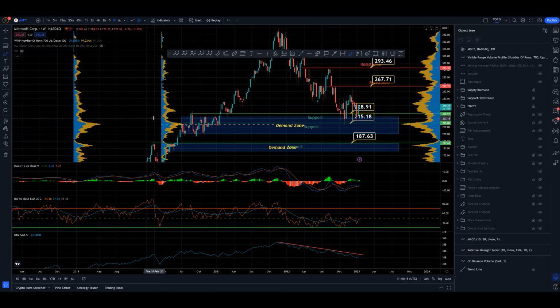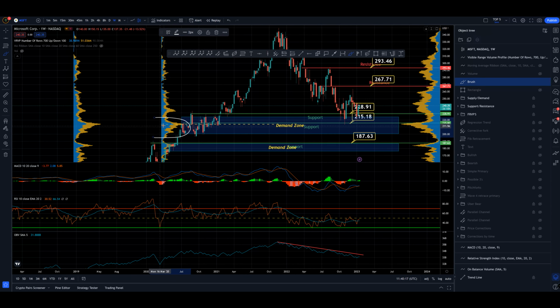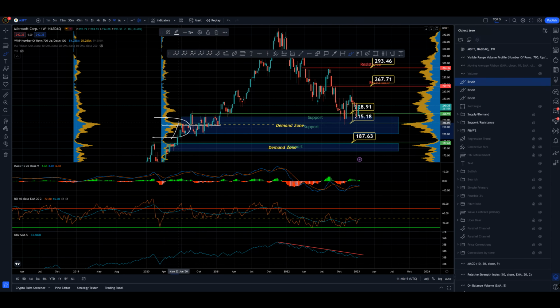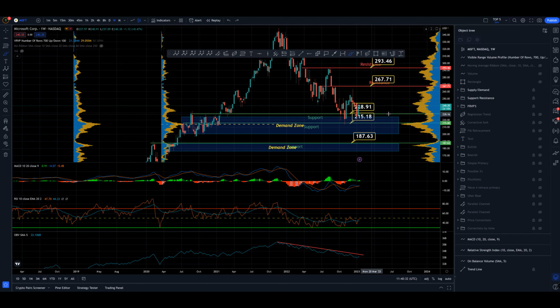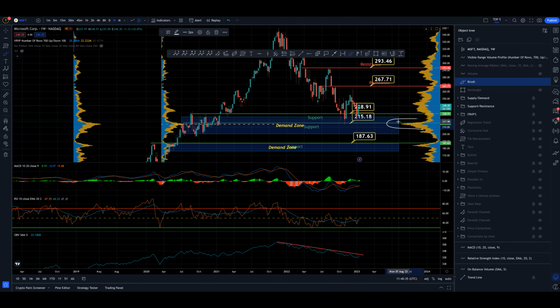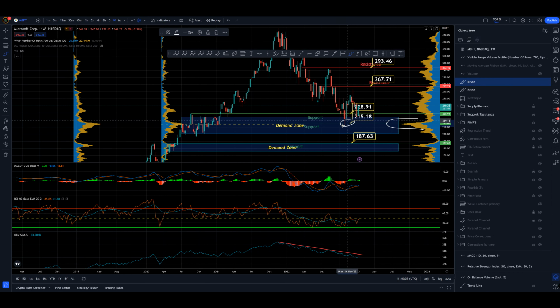So we've got some volume here, point of control, move up, move back, found buyers, move up, move back, found buyers, and then finally back tested this area and moved to a new high. So we've got some demand in here and a support level, and you can see we've got this little node here on the visual volume profile, and that's where we've come to, and we found the low for the moment,